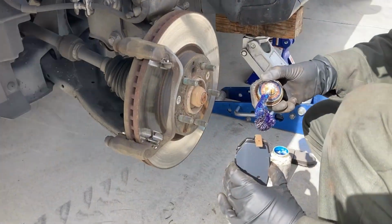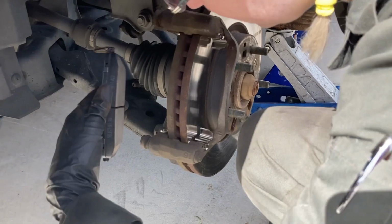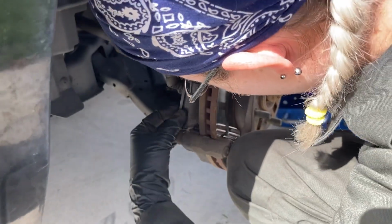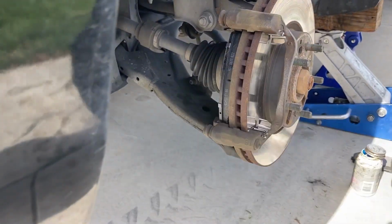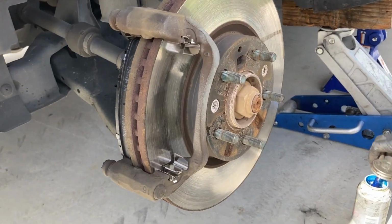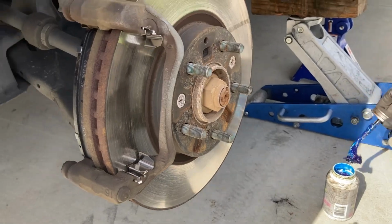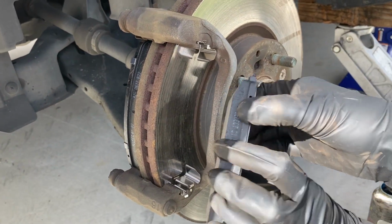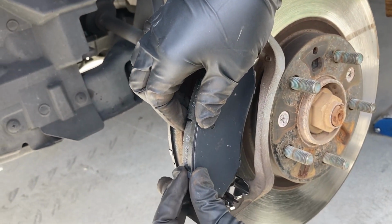Cool. I'm just gonna lube up the metal parts that are gonna be touching. I'll show in detail how to do this on the front side so that you can see it with the camera, but I have to get my face in here for this. Okay, so front side, we're just gonna lube up where the metal touches. And then basically I like to put in the top first because gravity works. So you shove that into the U, and then